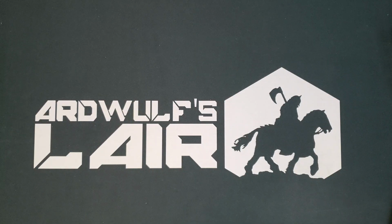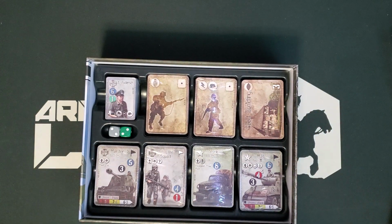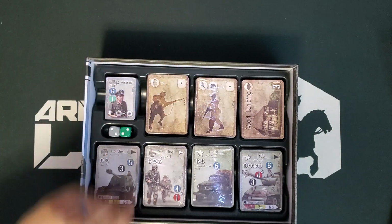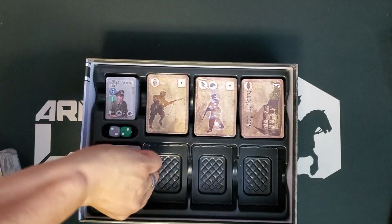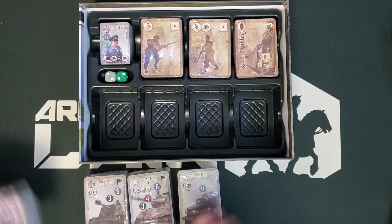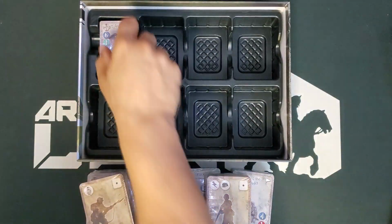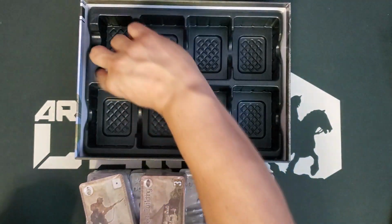Okay, so there is sort of one other thing in the box, and that is cards. A lot of cards. There's a lot of cards. And I gotta hand it to them for doing a really nice job on the tray, right? It's in this kind of plastic blow molded tray. And if I haven't told you, these are all probably 1 1/4, 1.5 inch towers of cards, of which there are 7. And then another 1.25 inches of what look like character cards and other types of cards, plus a couple of